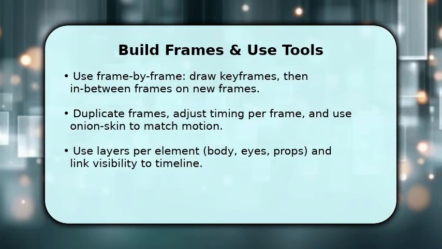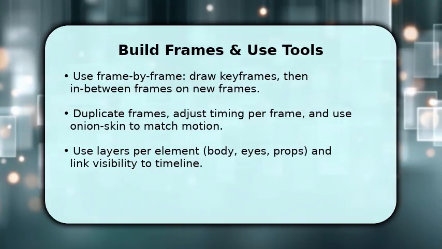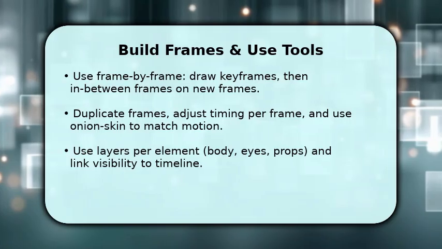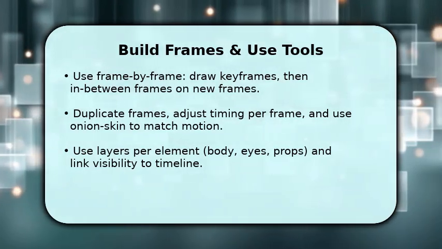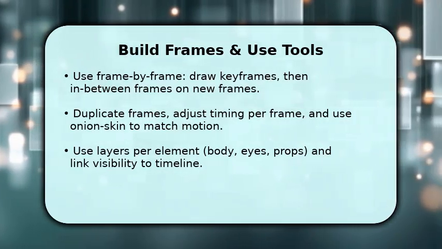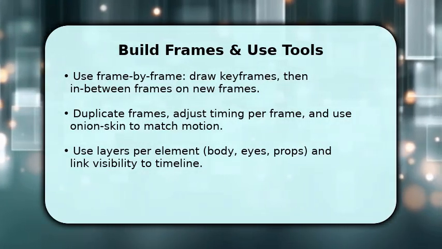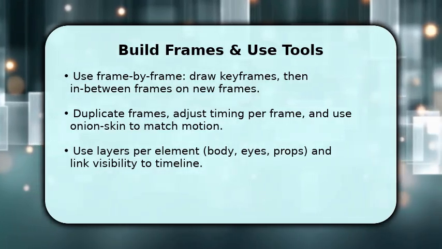You now construct motion. Draw keyframes first to lock major poses, then create new frames to add in-betweens using Animation Assist. Use the duplicate frame command to save time when small changes are needed and adjust each frame's delay to control timing. Make sure you put separate elements on separate layers, body, facial features, props, so you can tweak parts